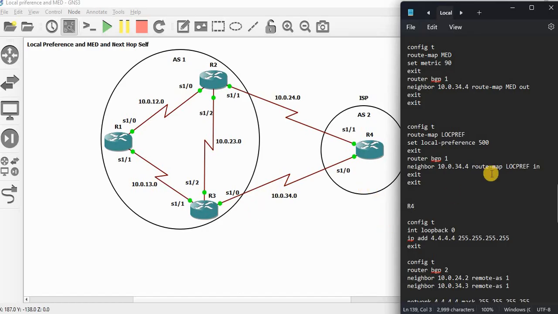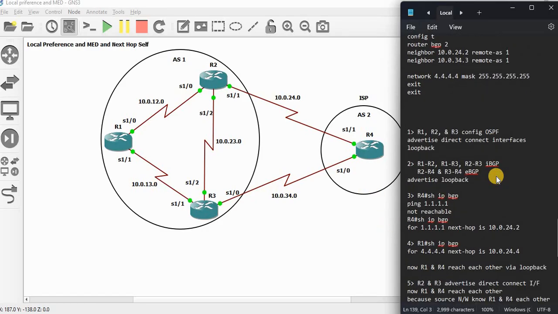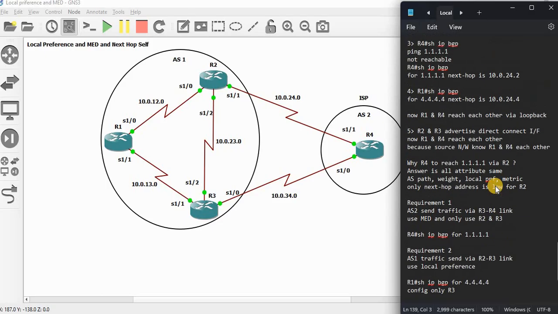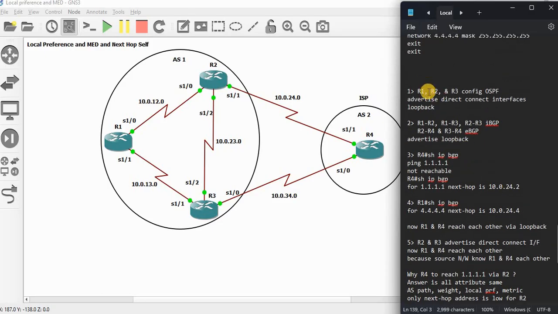Now I will briefly go over what we did. So we did these points. Okay, first we configured